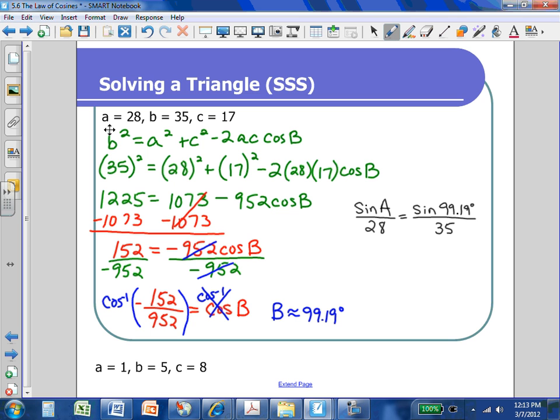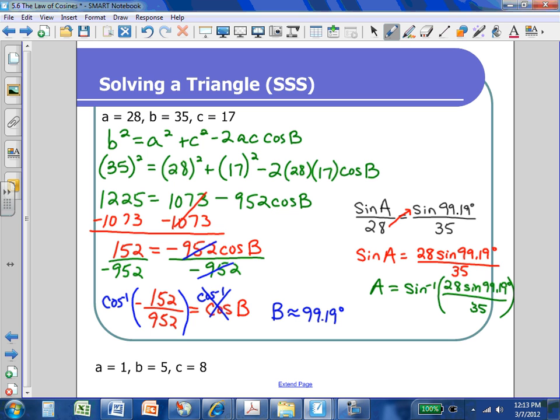Okay, so I'm going to multiply the 28 to the other side so that you have sine of A is equal to 28 times the sine of 99.19 degrees all over 35. And then in order for me to get A by itself, you take the inverse sine to the other side. So I have the inverse sine of 28 times the sine of 99.19 degrees all over 35. Okay, so when you punch this in, A is going to come out to be approximately